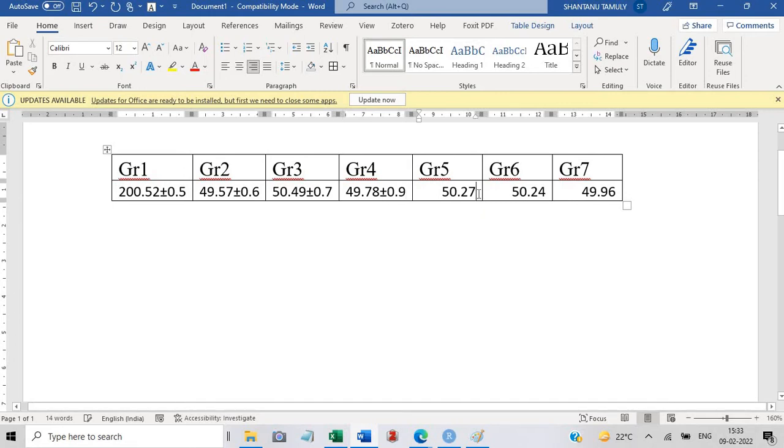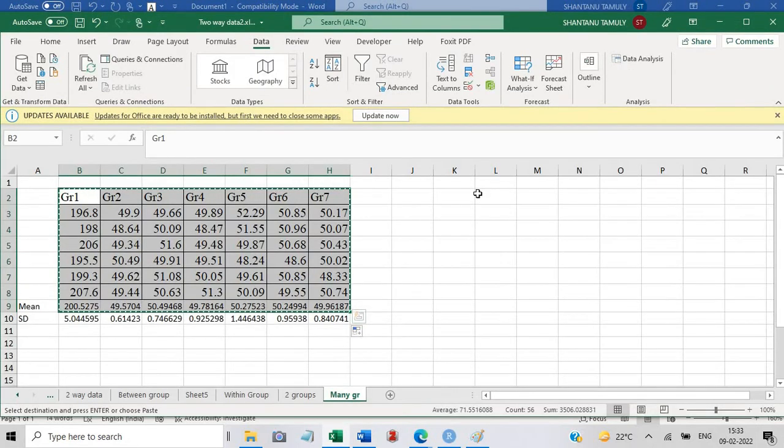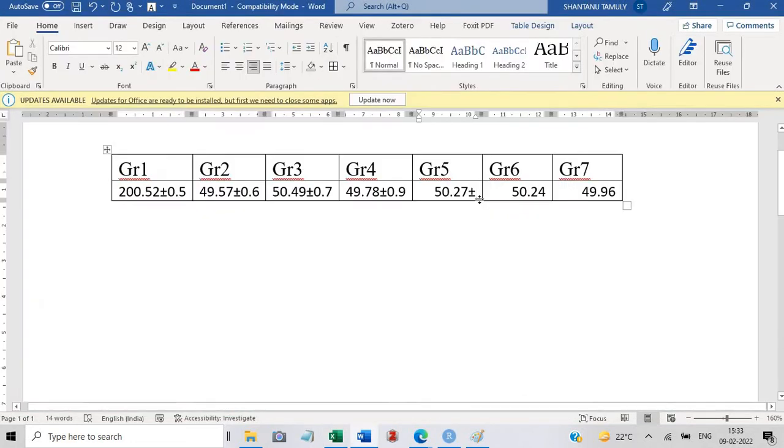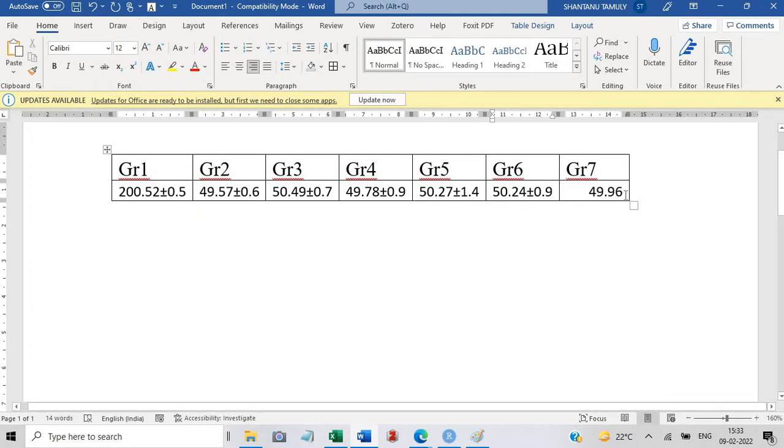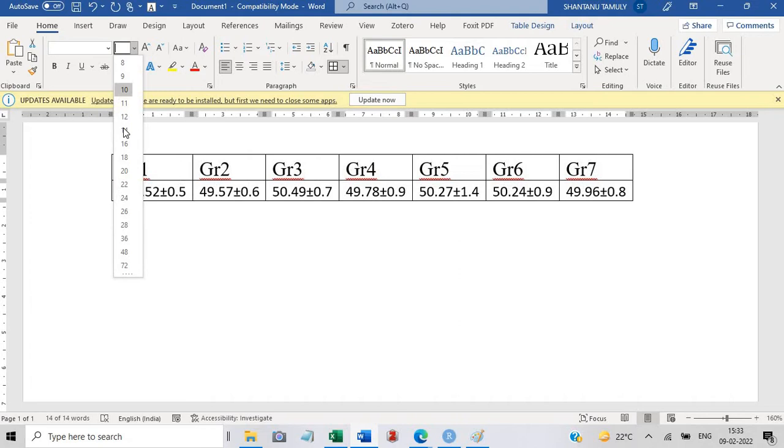So likewise, I'll put in all: 1.4, 0.9, 0.8, 1.4, this one 0.9, and one is 0.8. Okay, so this is the way we have written as earlier.